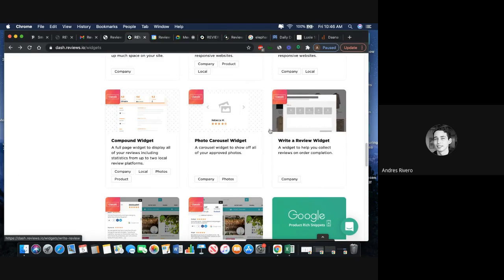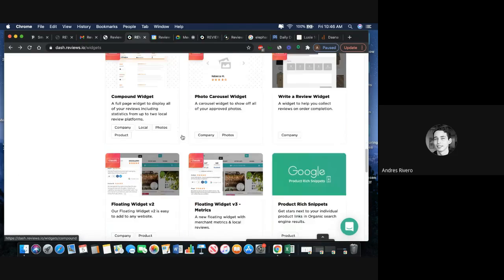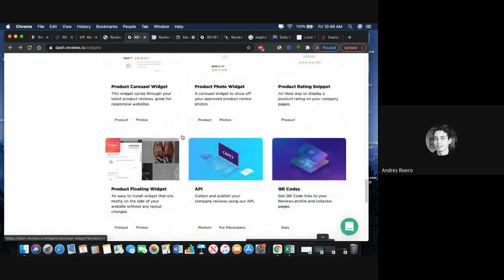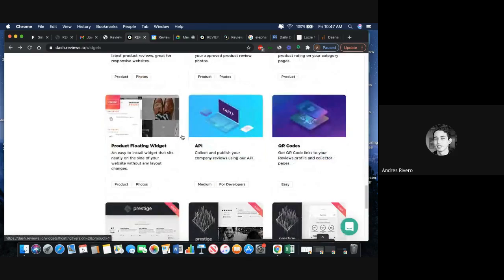So if somebody wants to just collect a company review directly after checkout and then submit a product review invitation later on, you can do that too as a strategy. I would show you examples of all these, but I don't want to keep us here for another 30 minutes or so. But even if none of those options are quite good enough, there is an API integration